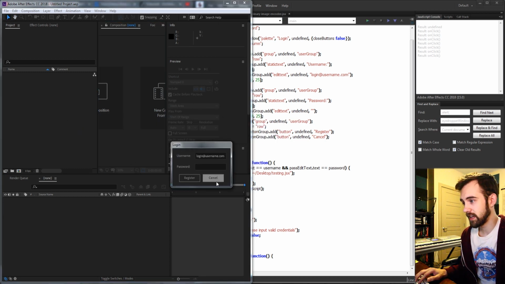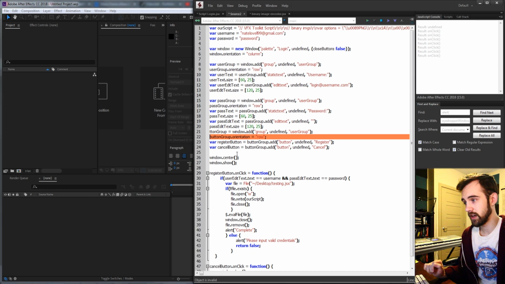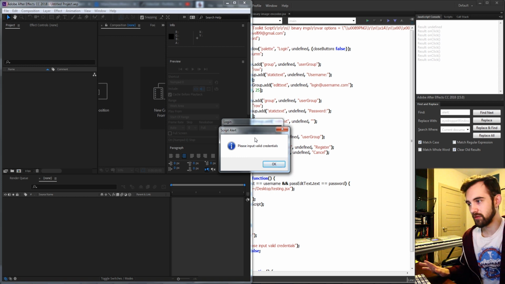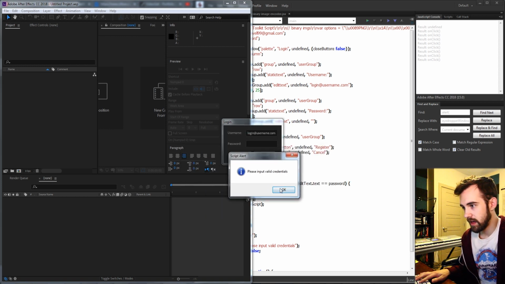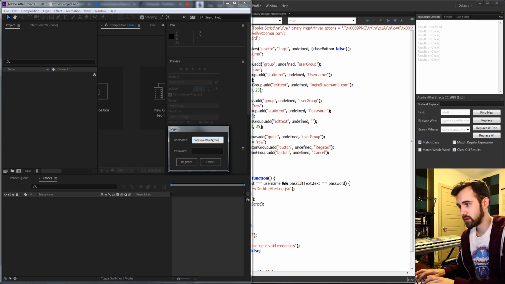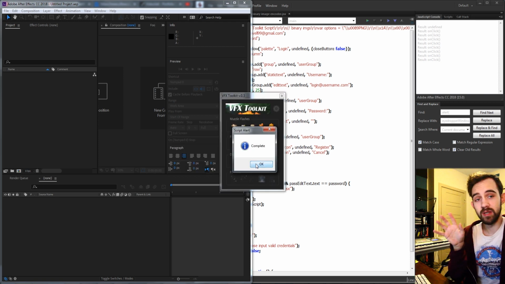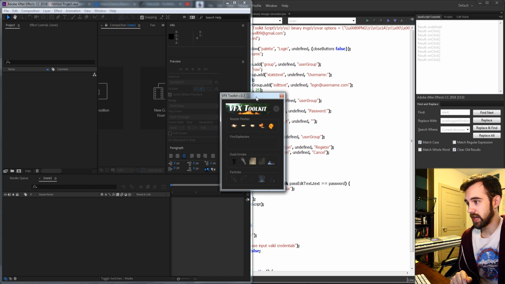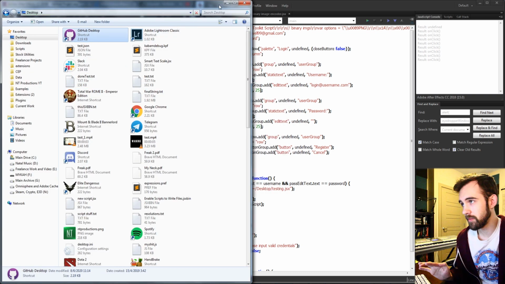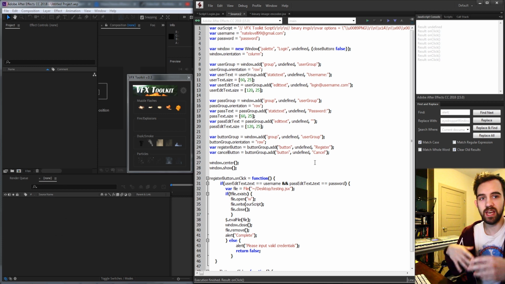And again, if we hit cancel, it's going to close our script altogether. And if we go ahead and hit register with any invalid information, it's going to not let us in. And lastly, if we put in the right information and hit register, it's going to be complete and let us in. So now we should be missing that file on our desktop. We no longer have the temp file, so the user doesn't even know it happened because it happened so fast